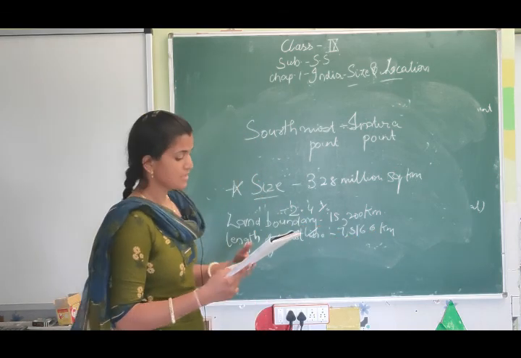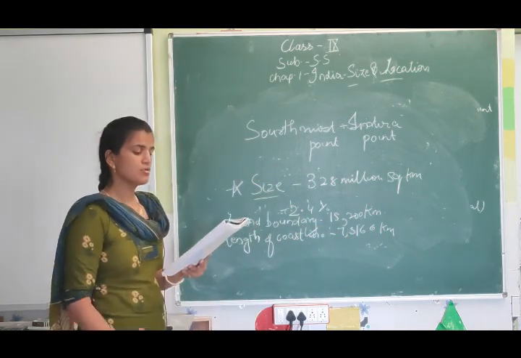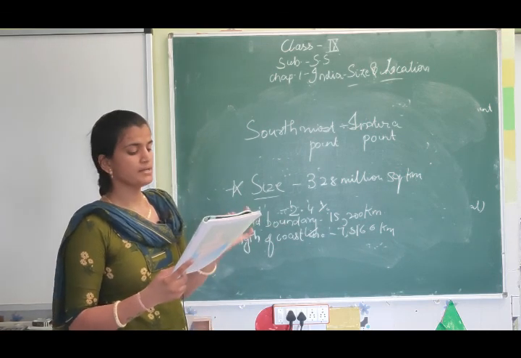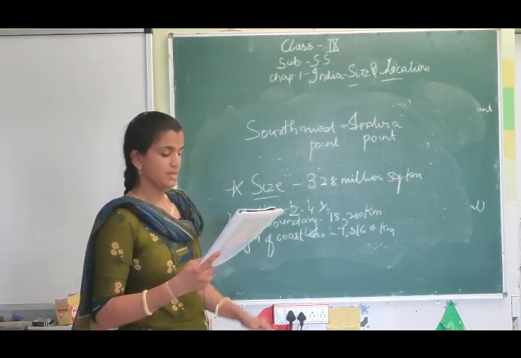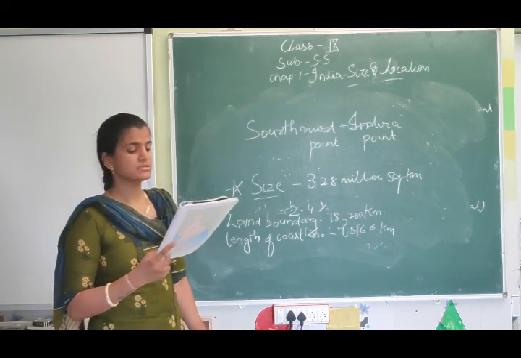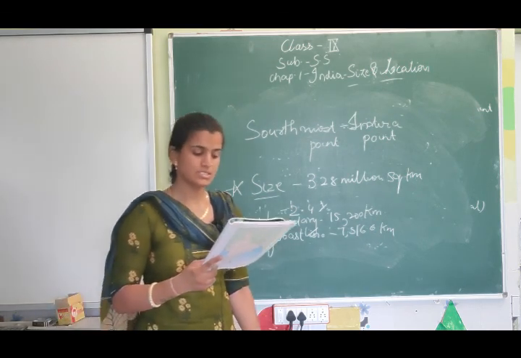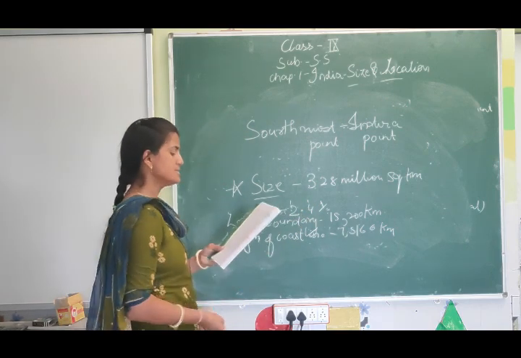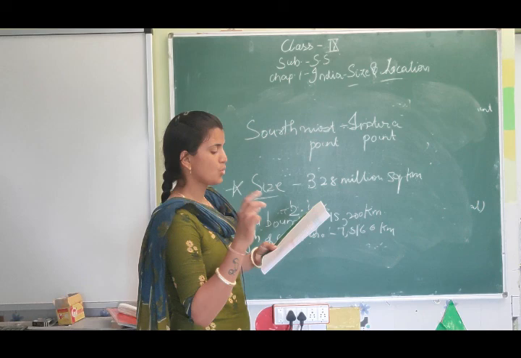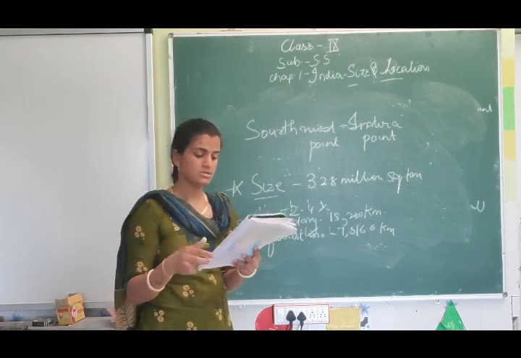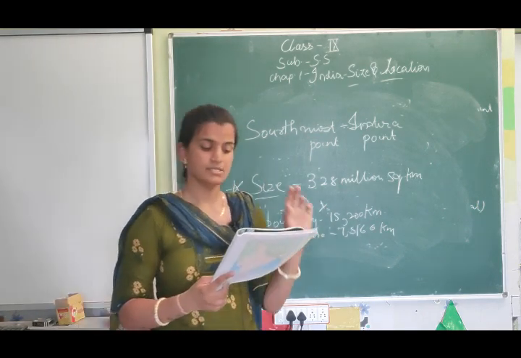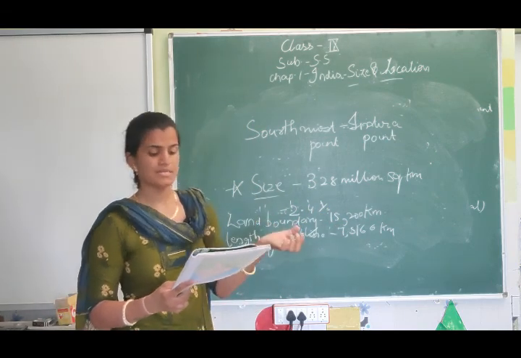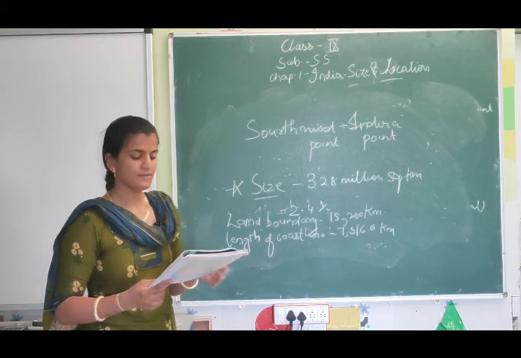7,516.6 kilometers. India is bounded by the young fold mountains in the northwest, north and northeast. South of about 22° north latitude, it begins to taper and extends towards the Indian Ocean, dividing it into two seas, the Arabian Sea on the west and the Bay of Bengal on the east.